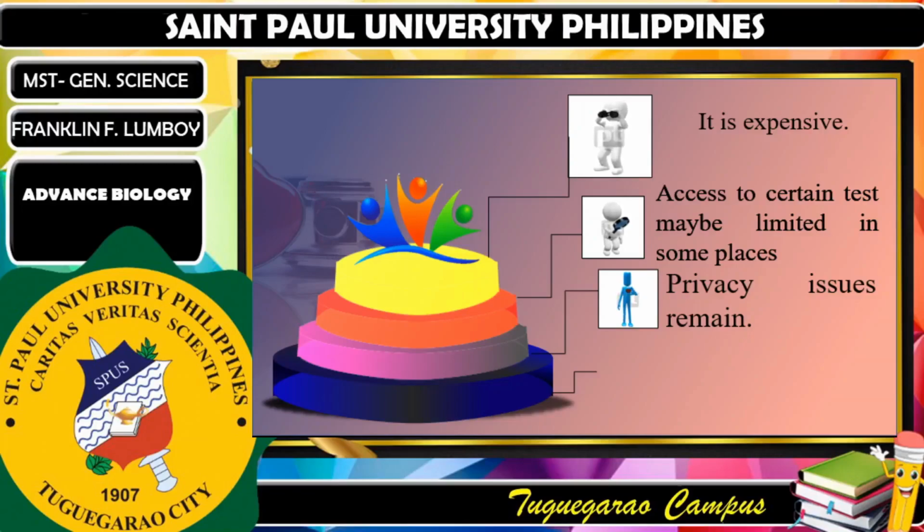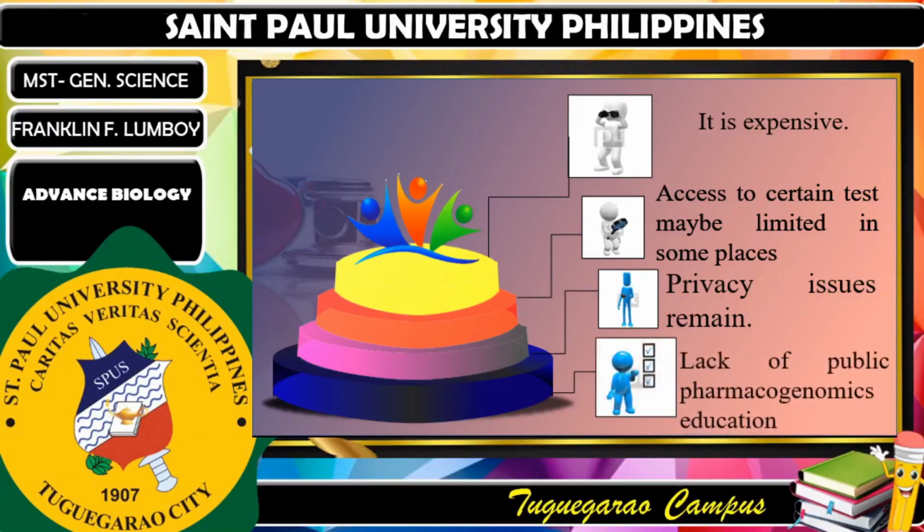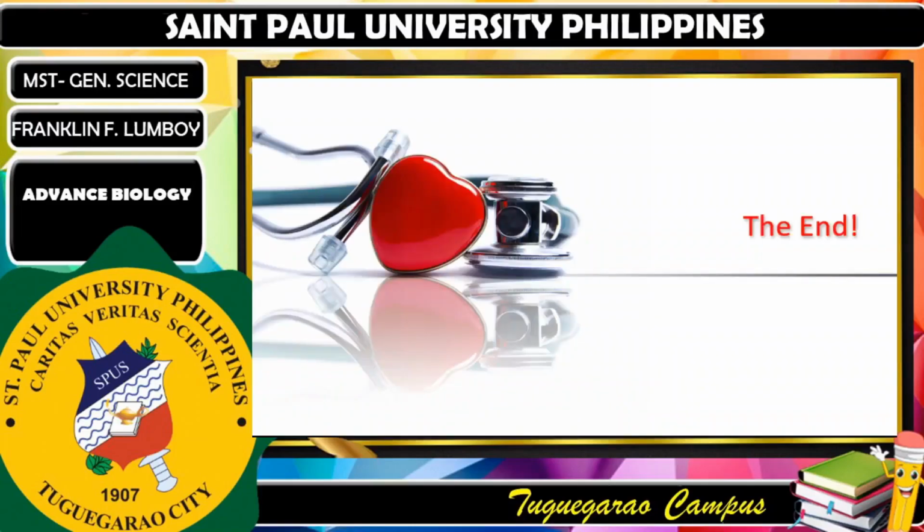That is one barrier of pharmacogenomics. Then the last, the lack of public pharmacogenomics education. That is very true. So those are the different advantages and disadvantages of